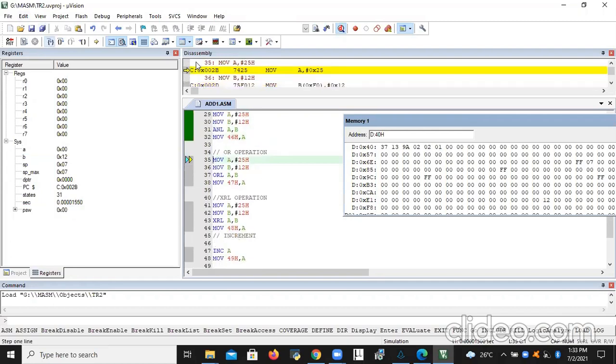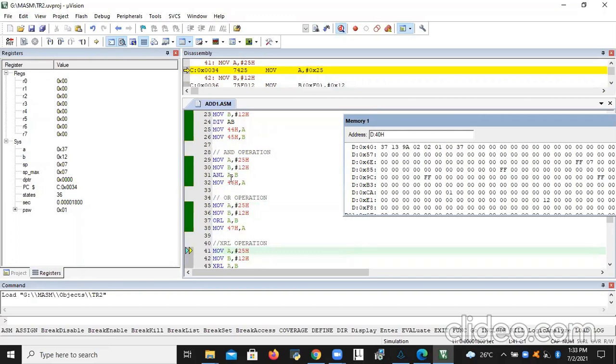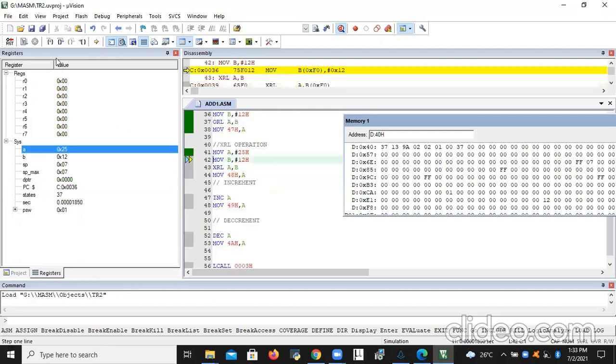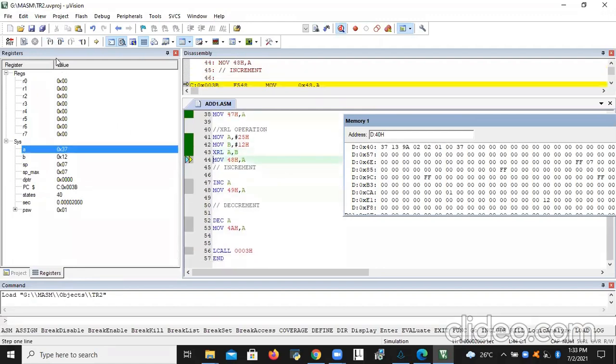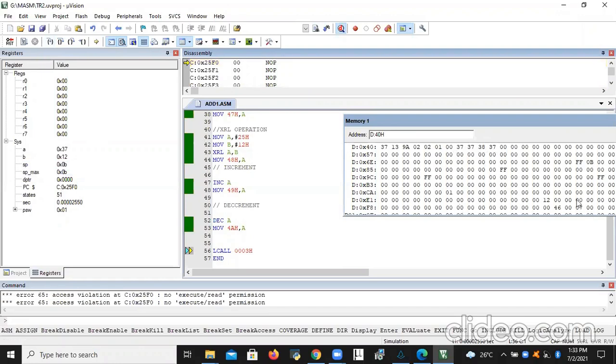Right, the AND operation result, the OR operation result. 47H, A. Logical AND after performing. Right, so we got the numbers.